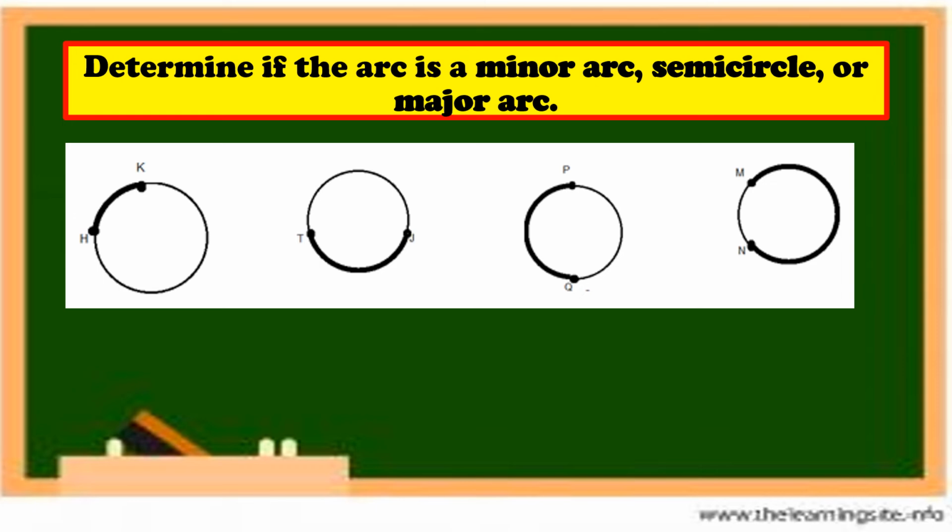Again, we need to determine if the arc is a minor arc, a semicircle, or a major arc. Are in the first circle. What arc is being illustrated in the first circle? We have a minor arc. In the second circle, what arc is being represented in the given circle? It is a minor arc because it is less than a semicircle. How about in the next circle? That is a semicircle. And in the last circle, that is